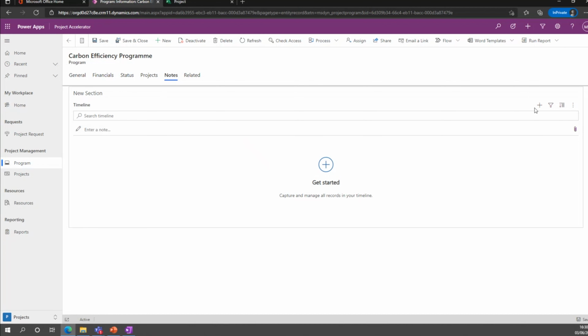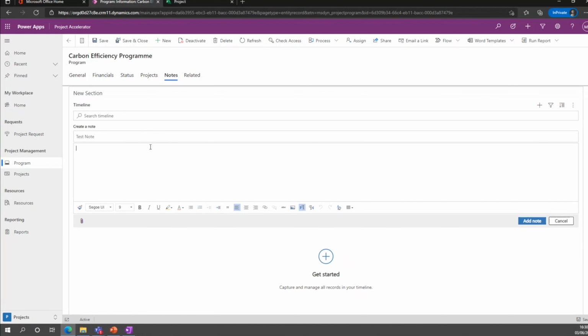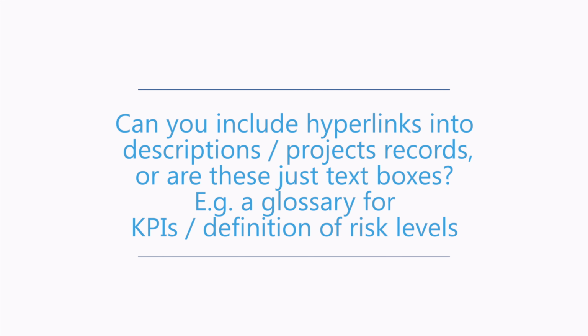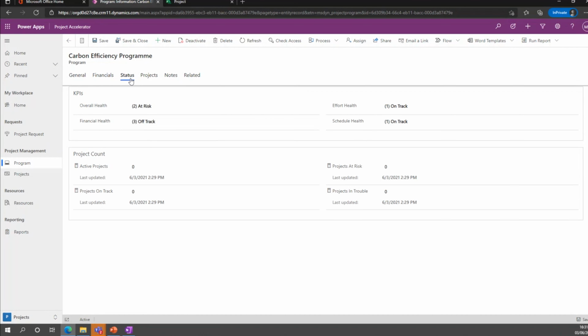So you can add notes and attach files to show the timeline. I could do it now. Test note, and you can add some narrative: project on track, meeting with SRO next week. Cool. You can add pictures and do all types of things. So yeah, you can have